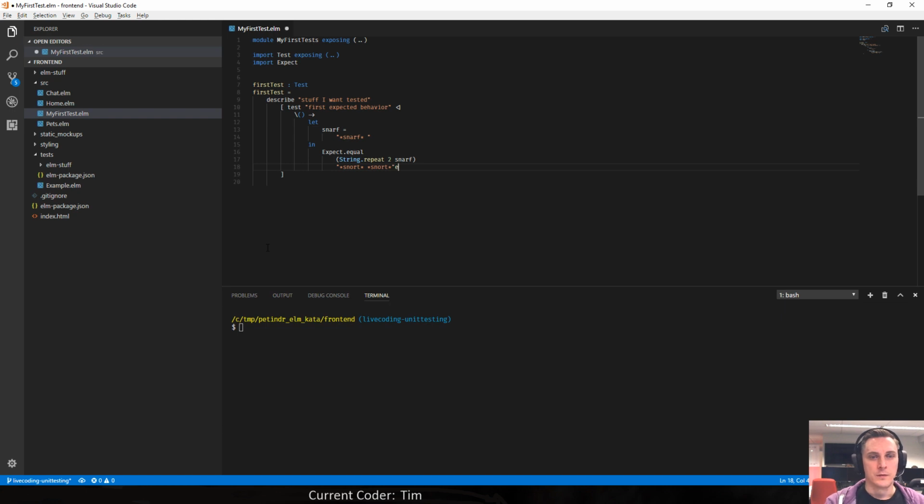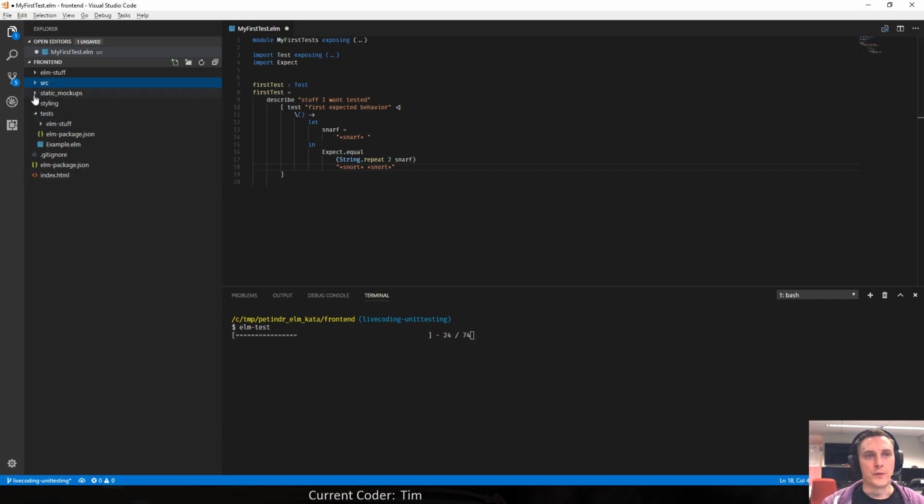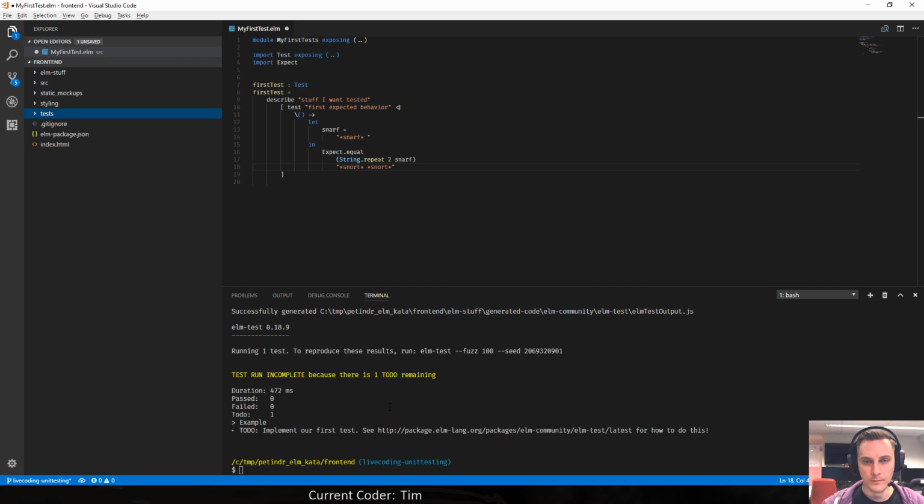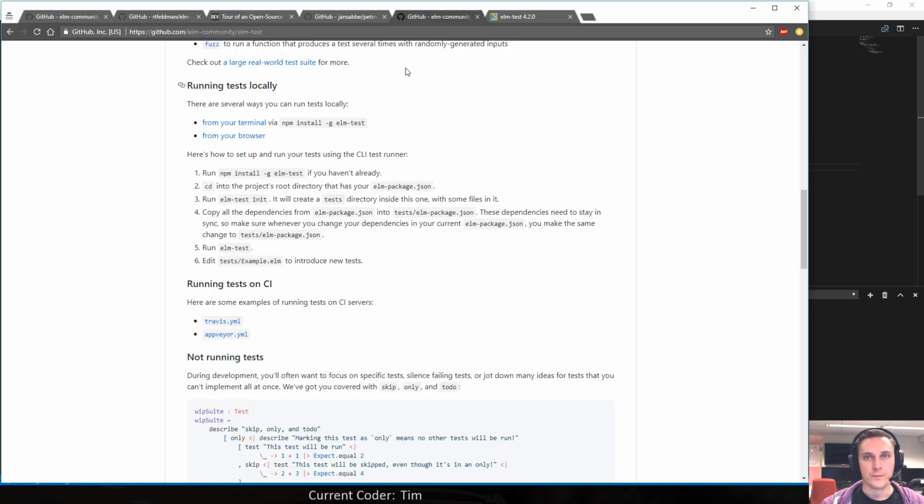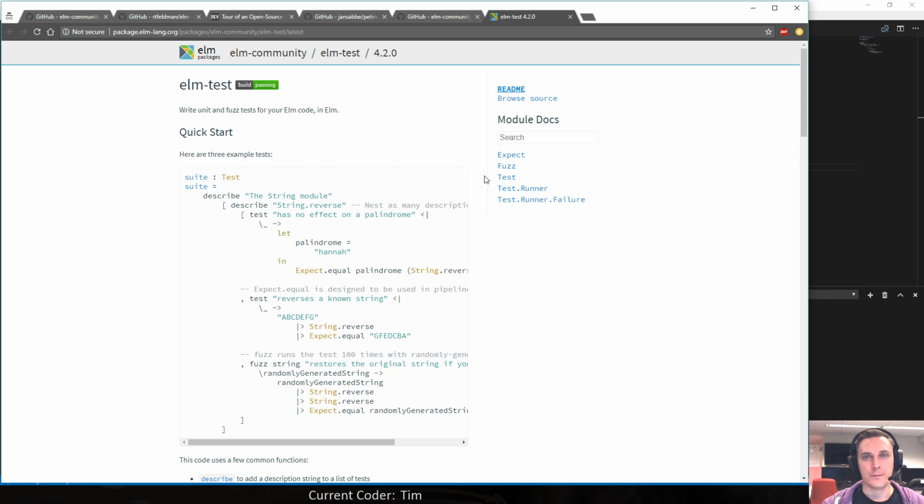So let's see. Elm test from the directory that contains both the source and the tests directories. And there was some loading going on. And this is our output. So we've got a test run is incomplete because there is one to do remaining. Here we needed to do, what do we need to do? Implement our first test. And then they have a nice pointer to the documentation that I had open right here,